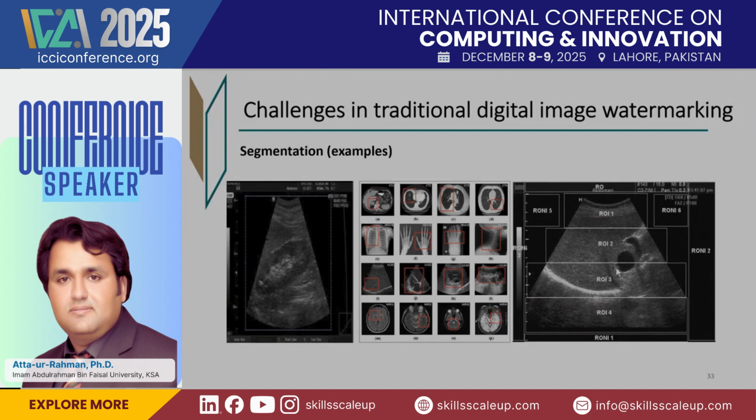Similarly, sometimes it is also possible to divide the same image into multiple regions of interest, and then we can embed the watermark accordingly. So this is where potentially we can employ deep learning models to automatically maximize the region of no interest where the watermark can be embedded, because we always need to seek more regions where the watermark can be embedded.